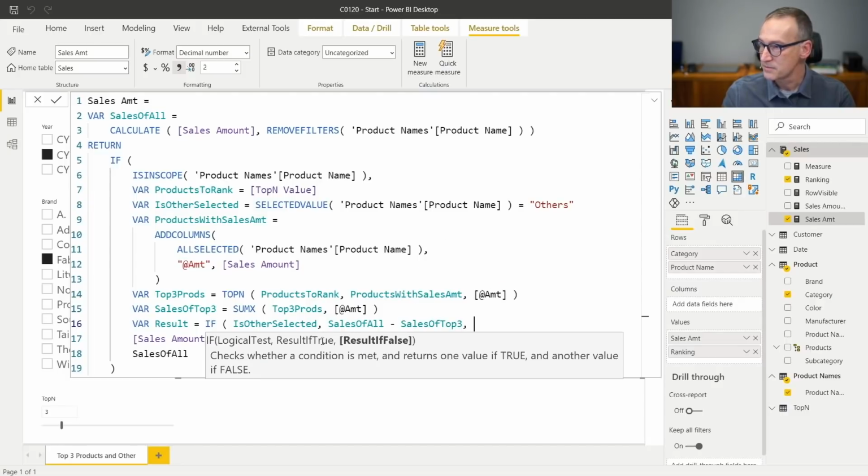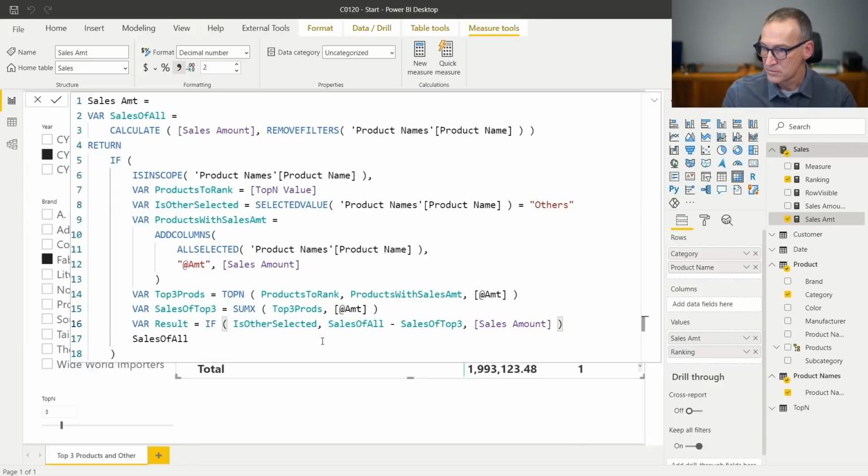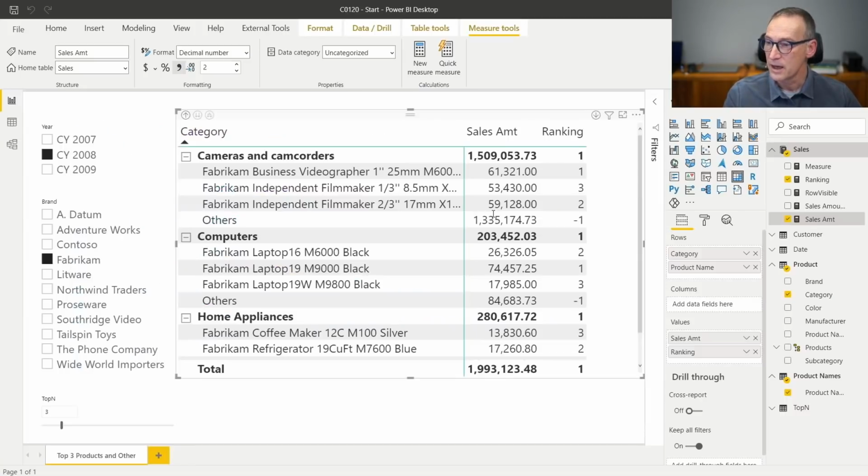Otherwise, it's sales amount. This is not needed. No, it is, because I need a return result, and then a comma, because the next argument is sales of all. Okay. Now, if I did everything correctly, this computes the correct value for the others rows.